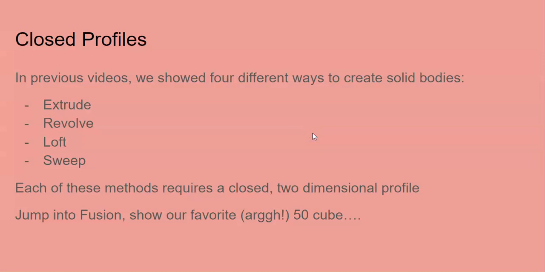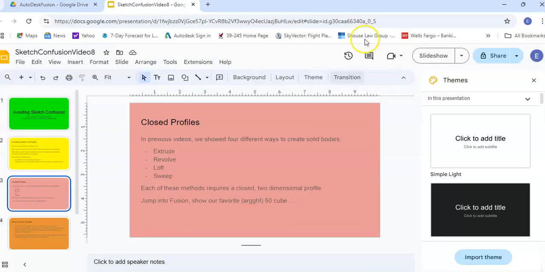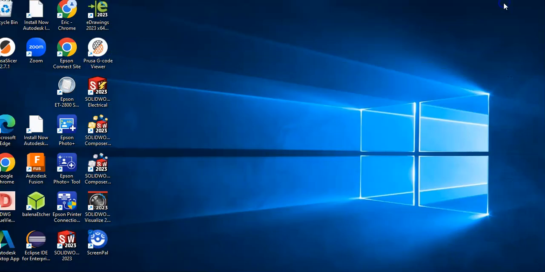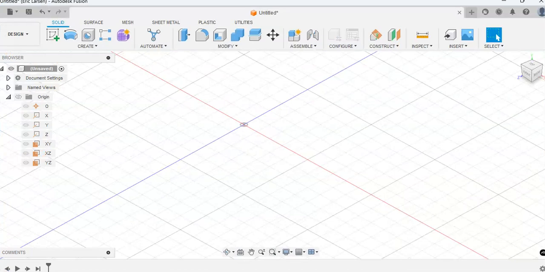In previous videos, we showed four different ways of creating solid bodies: extruding, revolving, lofting, and sweeping. Each of these methods requires a closed two-dimensional profile. So, we will jump now into Fusion and show our favorite 50 millimeter cube. I'm sure everyone really hates the 50 cube by this point, but let's start with